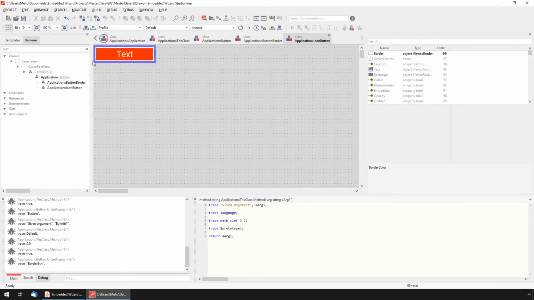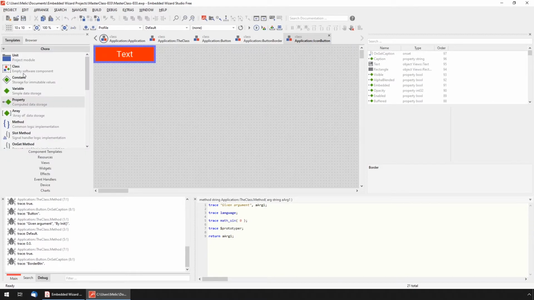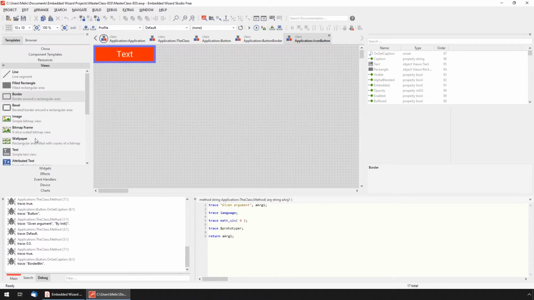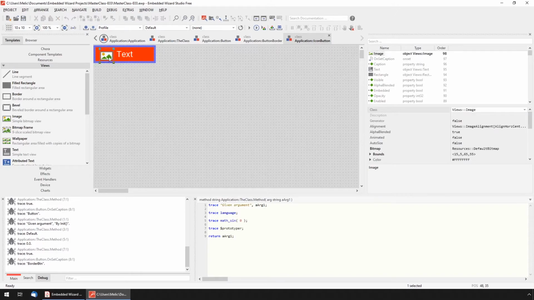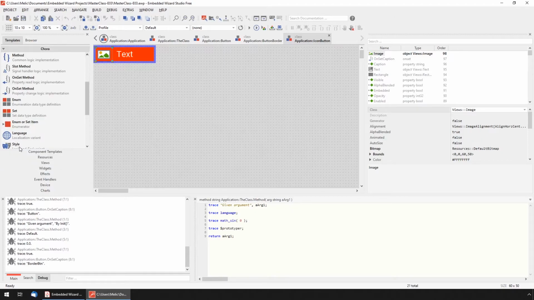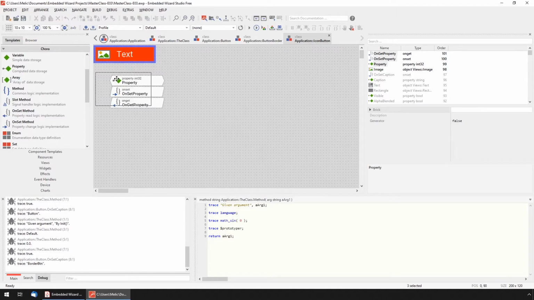So this is not the color, this is not the border, it's just not the something that I mentioned implemented in the button border before. And what I'm now doing is, inside the views, add a new image and say, okay, this is a new image there, and like before, I can just add a new property which says, okay, this is my frame number